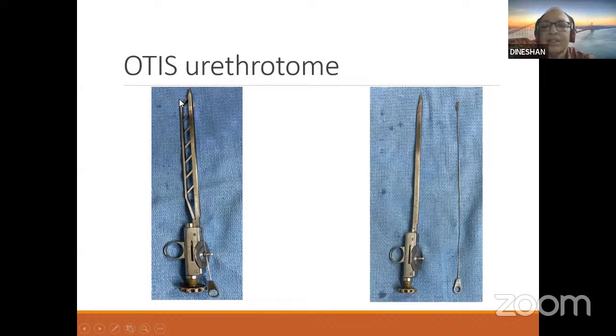And here at the tip, you can see there is a small knob. This can be removed, and then you have a small holder. In the olden days, urethral dilatation was done using filiform dilators.